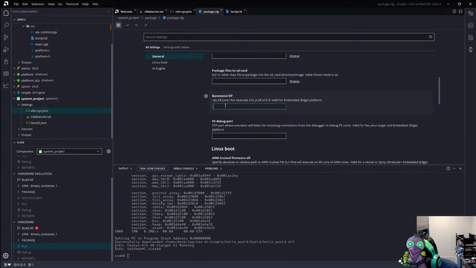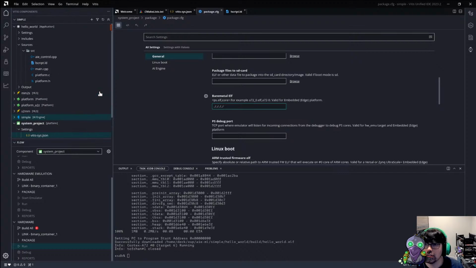And that is the most annoying thing in the world. I have to do this by hand. Apparently that's going to get us hello world. And we have to do /build, and